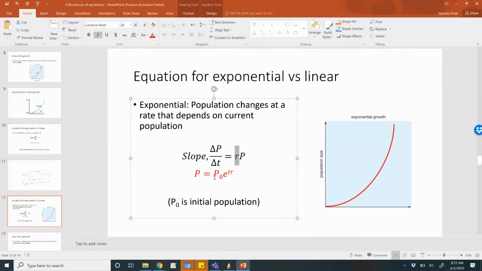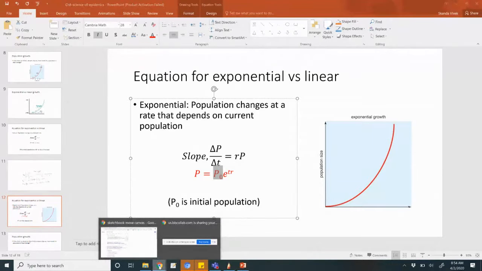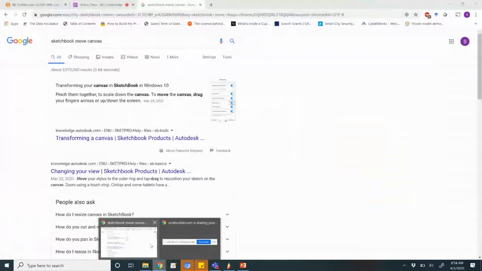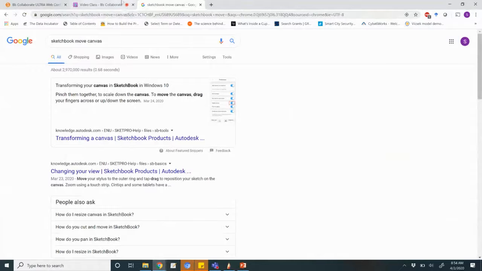But P0 is the initial value. So if there were initially 100 coronavirus patients bombarding the US, or was it just one? How did it start off? Same thing with deer. Did 100 deer enter the grassland, or was it just 2 deer, right? So there are just two factors that determine an exponential growth. And what's e? e is the exponent, e to the power of.